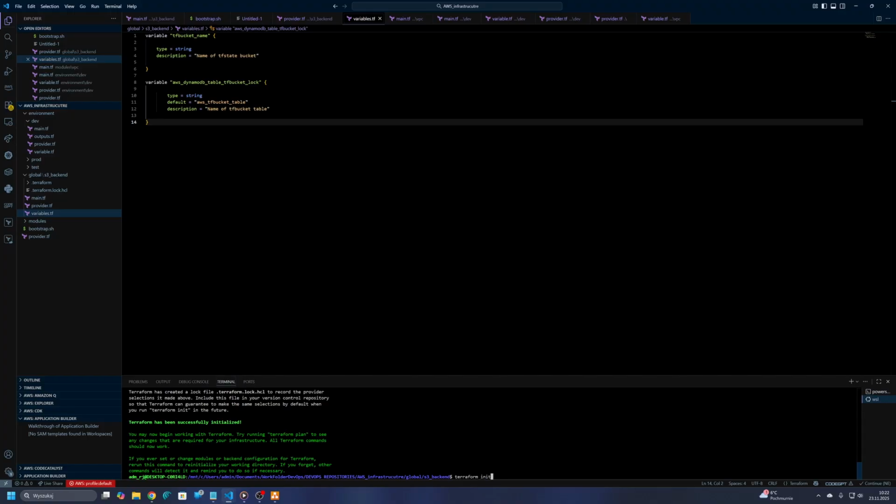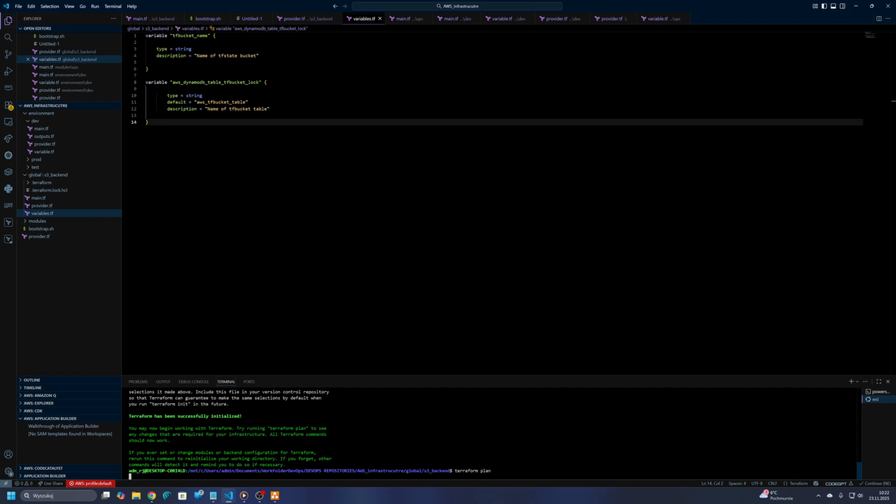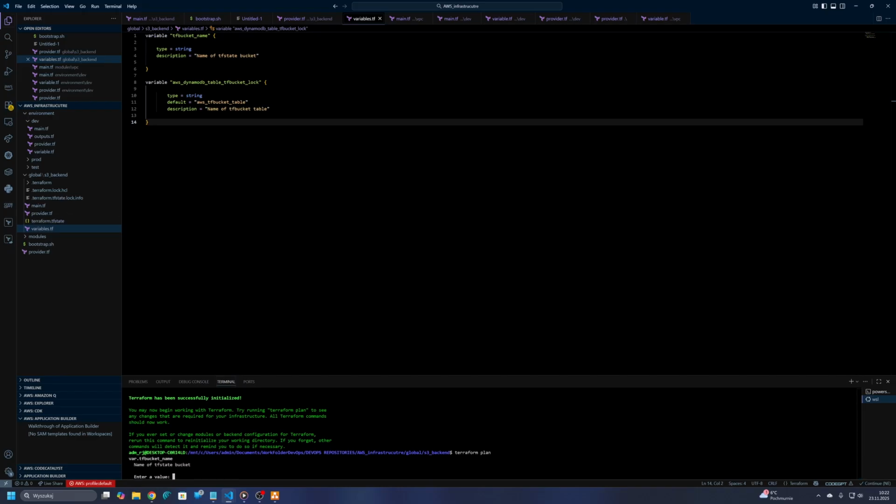And it's done. So now we can run Terraform plan to see what it will create. And it's going to ask us for our TF state bucket name. So I'm going to name that bucket, for example, TF state